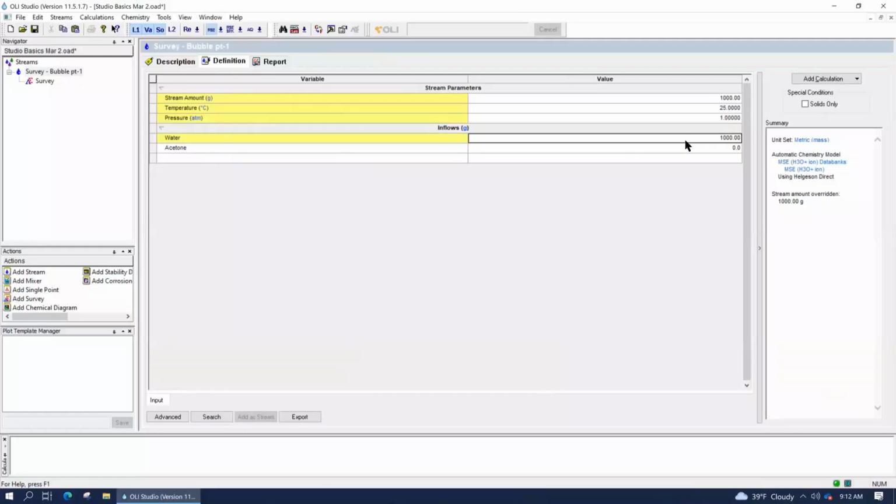The good thing is you can always make it 0. The not so good thing is that the water is always present, but usually having water present in a stream isn't necessarily a problem. But that's kind of the history of it. Thank you. Good. I'm going to change my units back now.